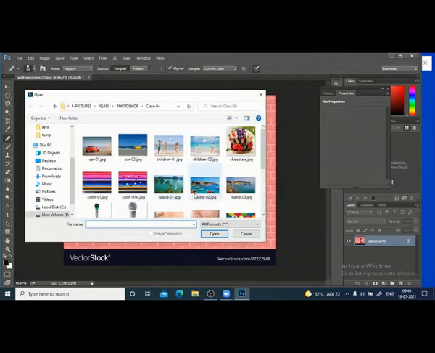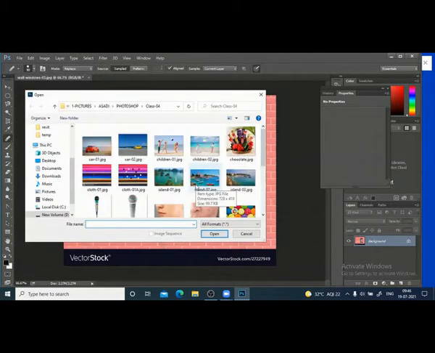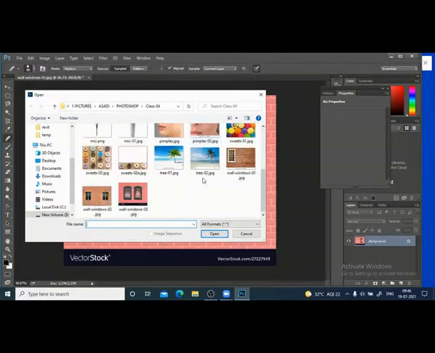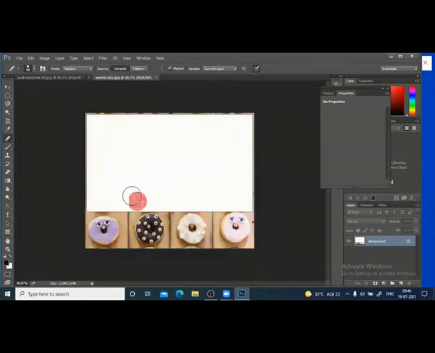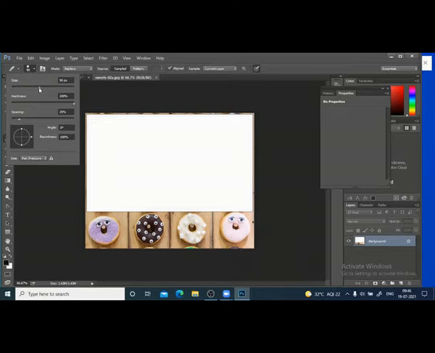Open. Let me open this. I click some other tool and I'm coming back here. Healing brush. I will take a very small size. Reduce the size.